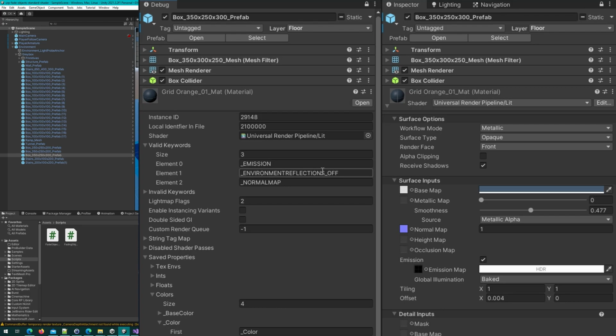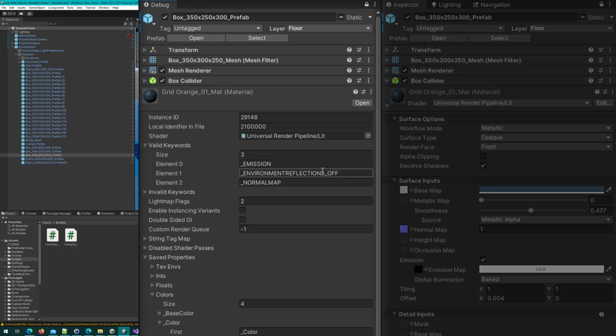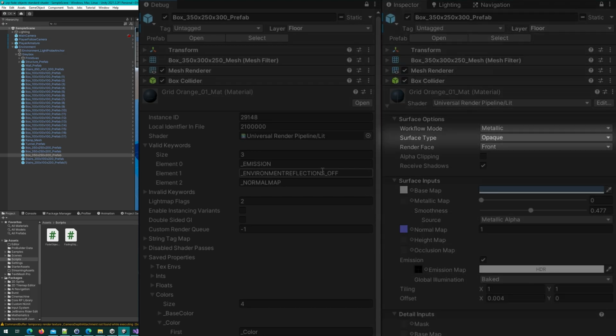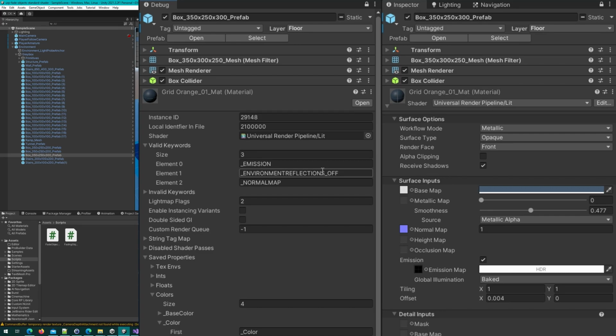I'm not going to go through the entire process of how all of these were determined, but what you can do is follow the same process to see if you need to modify anything to make this code work for a different shader. Any shader that is based on these standard Universal Render Pipeline shaders, this should work on no problem. So I've opened up a debug inspector and a normal inspector window, so that way I can toggle between the surface type and the blending modes and see what that applies in terms of keywords and